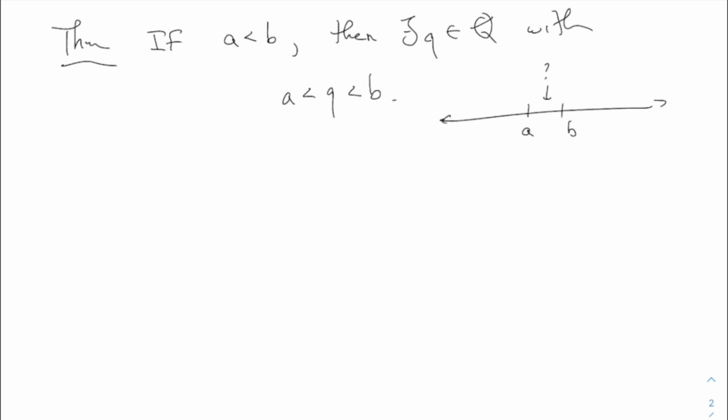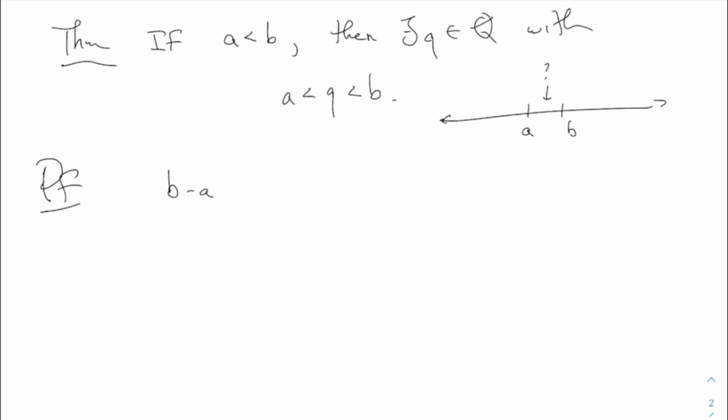The small version. So first of all, you have to start. The small Archimedean property begins with a small real number x, and then you find some 1 over n which is less than x. The small real number x I'm going to take to be this distance here. So here's my proof, all right?